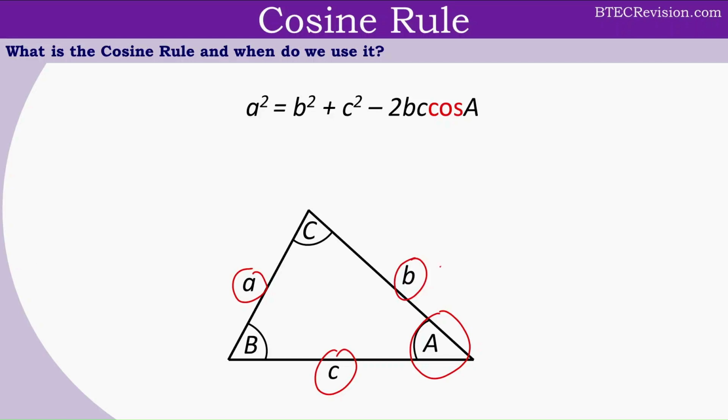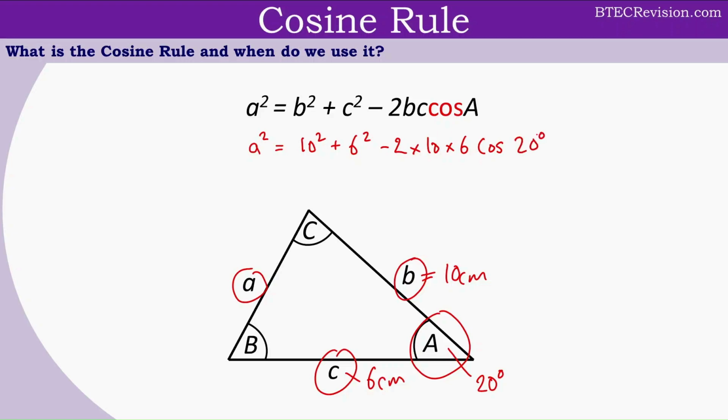Let's look at an example. Let's take b equal to 10 centimeters. Let's take c equal to 6 centimeters. And we'll take capital A to be equal to 20 degrees. Plugging our values into the equation, we can see a squared is equal to b squared, so that's 10 centimeters squared, plus 6 centimeters squared, take away 2 times b, which is 10, times c, which is 6, cos